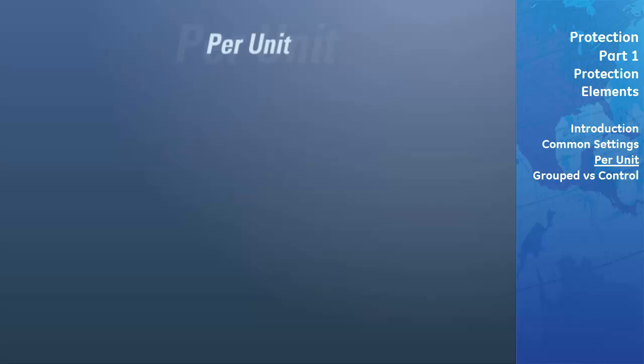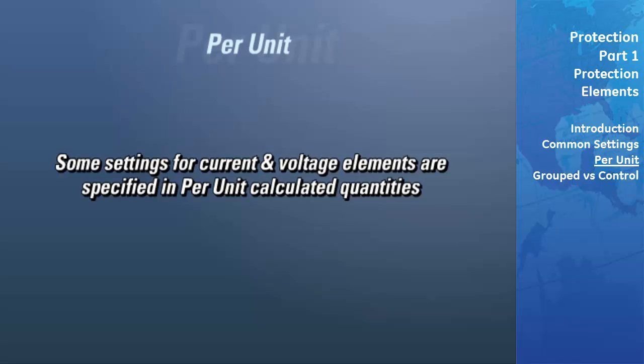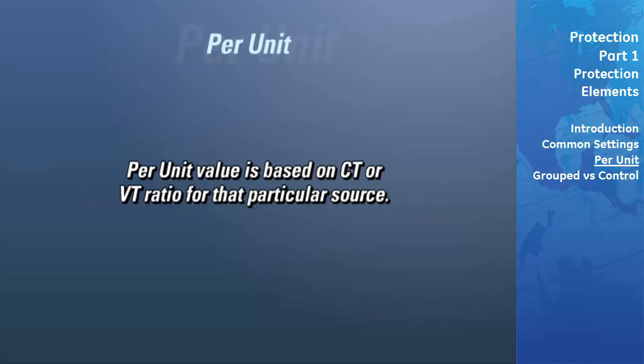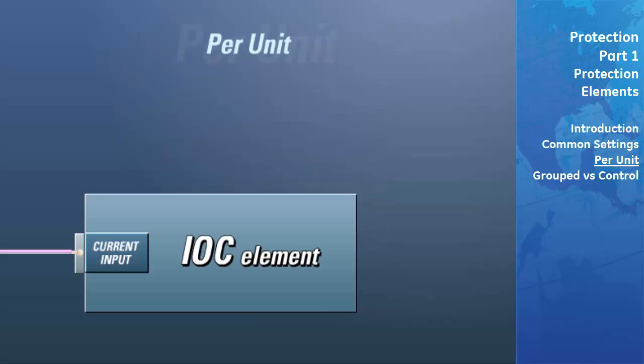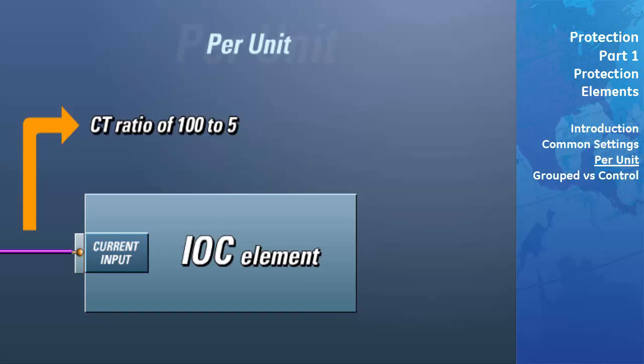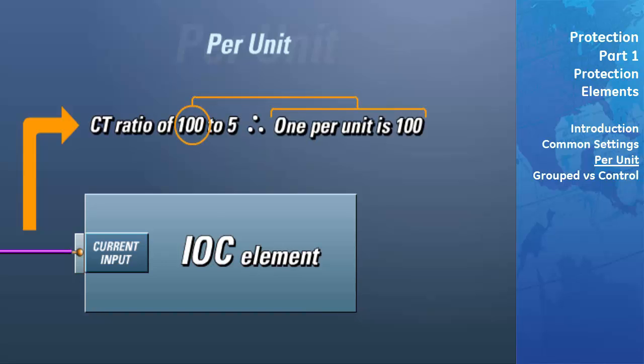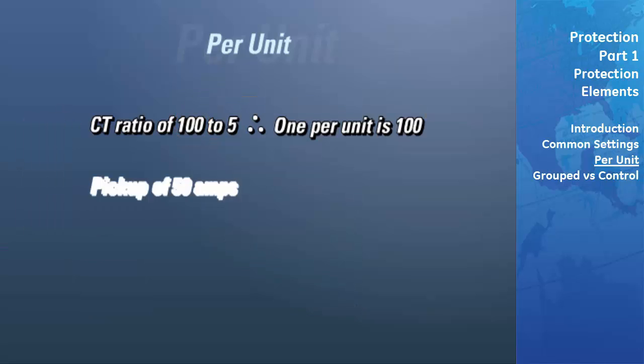Some settings for current and voltage elements are specified in per unit calculated quantities. The per unit value is based on the CT or VT ratio that you configured for that particular source. If the selected element is monitoring current and the current input has a CT ratio of 100 to 5, 1 per unit would be 100 amps primary. If a pickup setting for this source of current needed to be 50 amps, the setting entered would then be